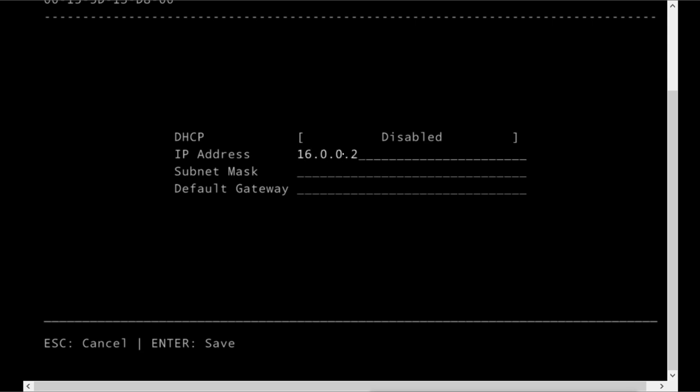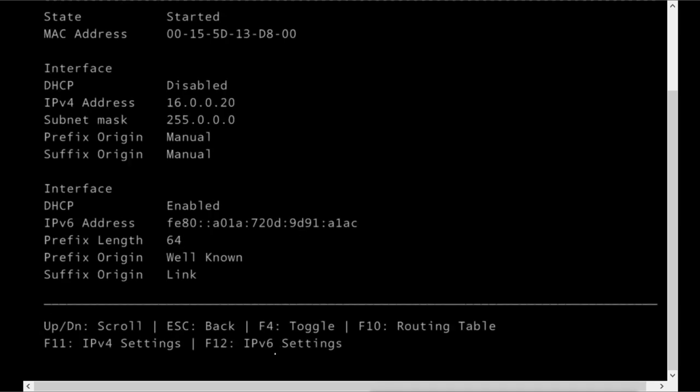Subnet mask of class A. Gateway I don't have, so I will press enter to save. Now it is saved. Now press enter or escape to continue. So this is the IP address I have configured here.